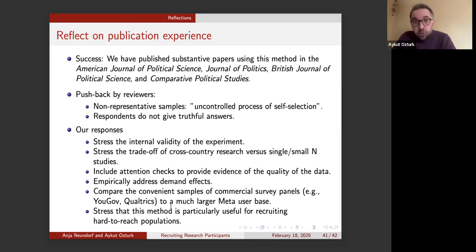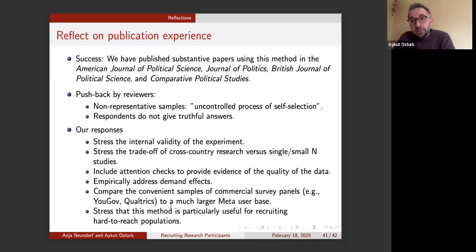But you will still have some pushback by reviewers, especially reviewers who are, I think, more familiar with developed country contexts, like reviewers who are from the United States, who are from Europe, who work with very well respected commercial panel companies in those countries. They don't understand why you don't just go with YouGov or Qualtrics in a country like Turkey, and get better results. Well, the thing is that